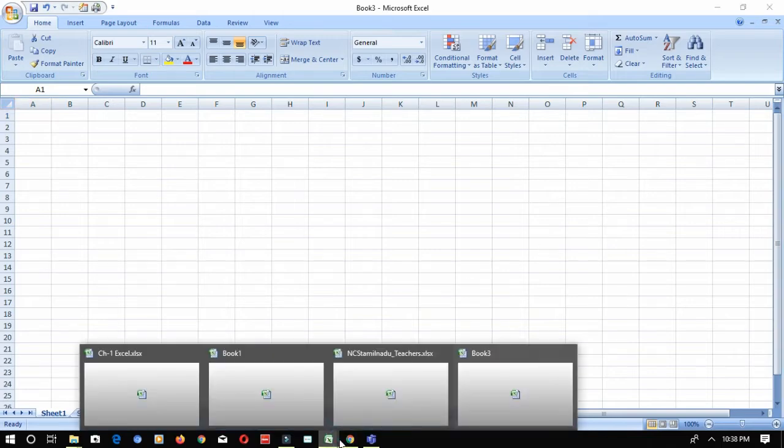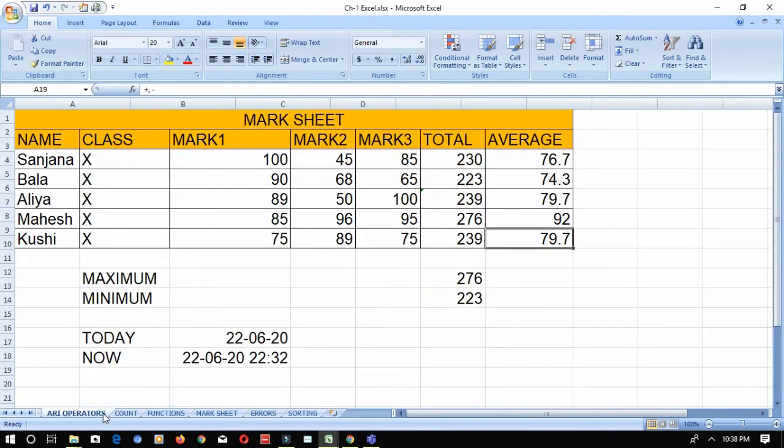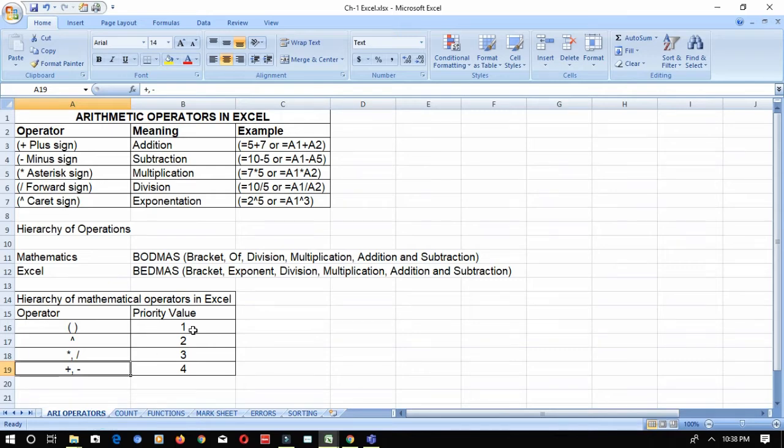For example, I'm taking some other worksheet where I have entered data. So what will happen if I click Control plus End? It will take you to the last cell where my data exists. It only considers the cells of the data. Okay. So it will take you to the last cell of the particular data range.